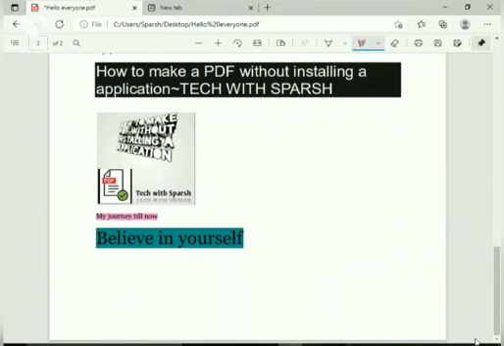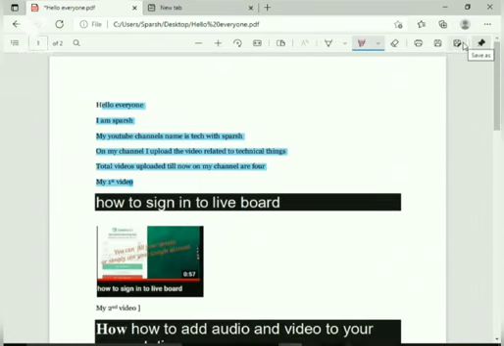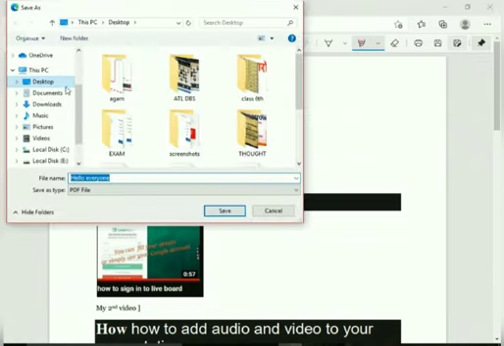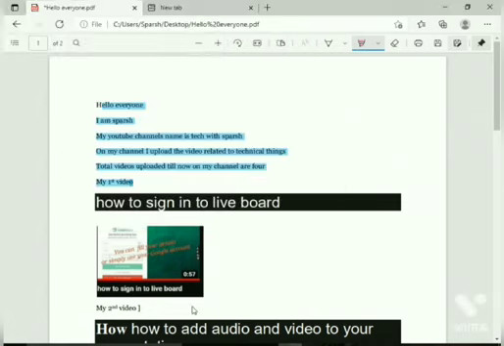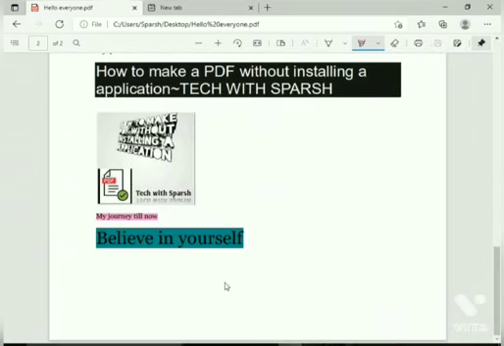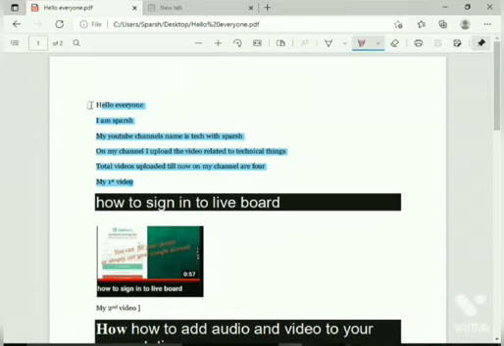And now I click on the save button with the changes made. I need to choose the file location wherever I want to save it and click on the save button. So it's done. Now I'll show you how it looks. It looks like this.